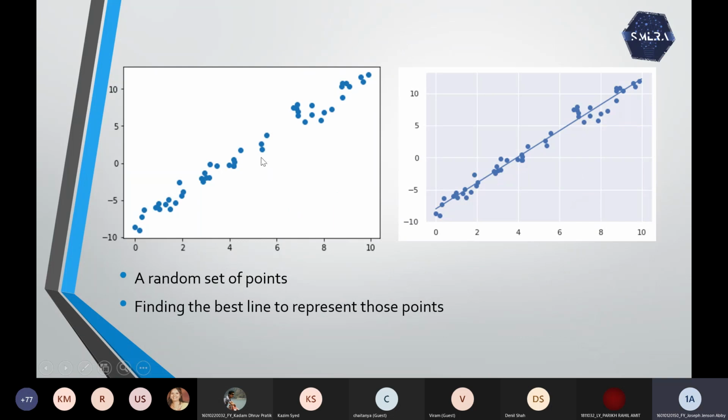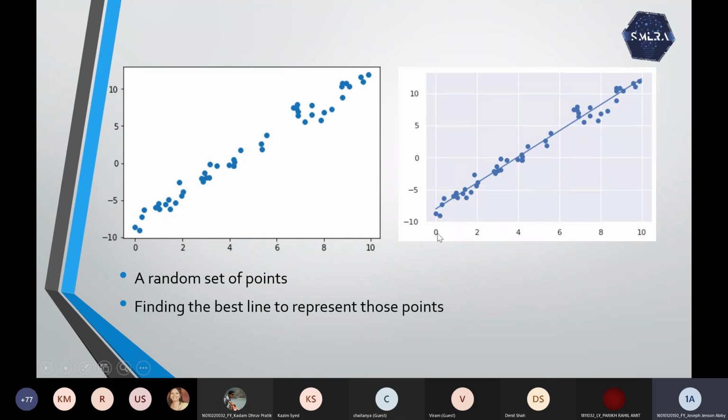So here basically our data, when we plot it, may look something like this, right? You cannot find all of them lying on a straight line, but they have a general trend like this. So we are interested in the trend. Based on the data points, based on the graph, we are drawing the line. So in linear regression, our job is to plot this line. That is what we are doing in linear regression.